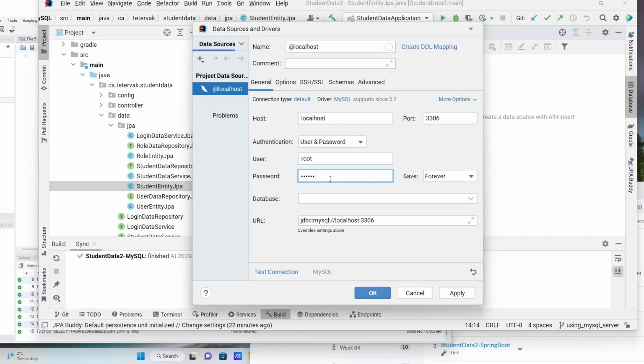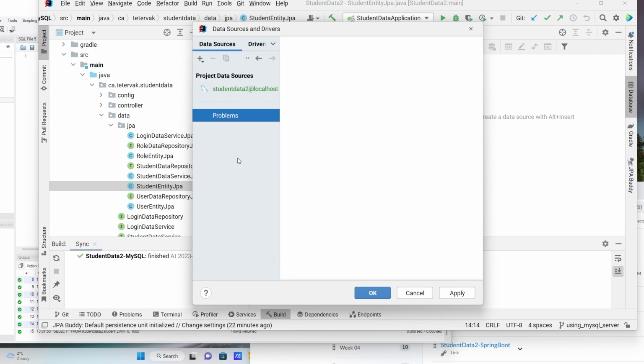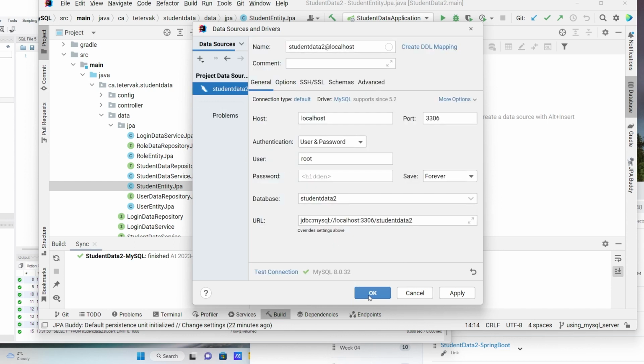Okay. After this, we can type database name is StudentData2 and test connection. When you test connection, it will tell you that driver is not installed. Do you want to install it? You click OK, and it will be installed. So it's not a big deal. But I already did it once, so this is why it says successful. If it says successful, just click OK,